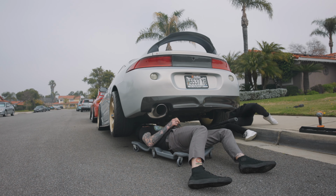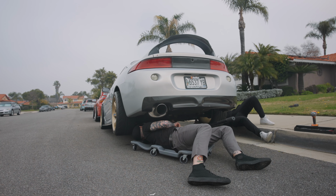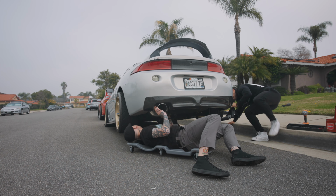Dude, it feels so weird working on this thing. Well, yeah, you haven't touched it in how long? Dude, I haven't touched this car in years probably. Which is a good thing, you know? Yeah. But